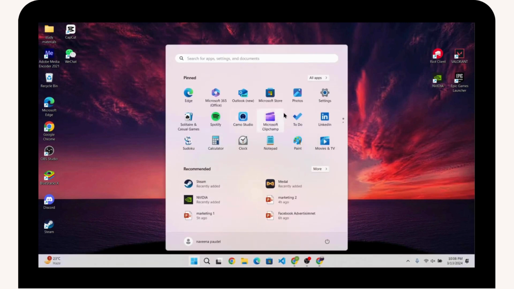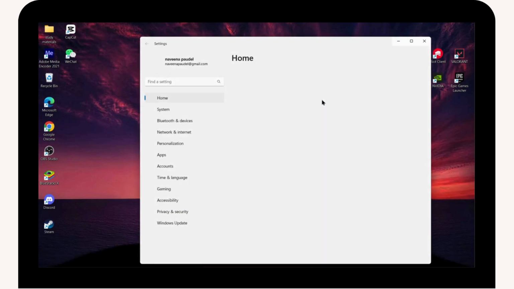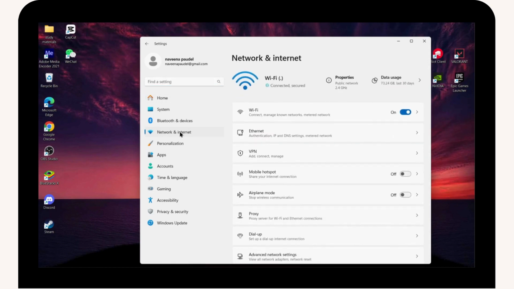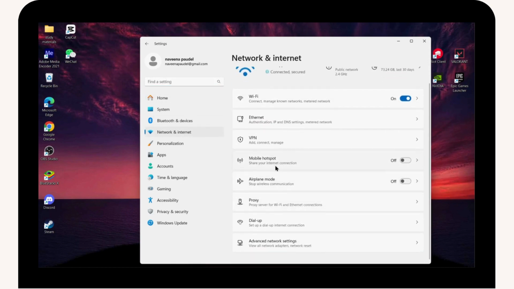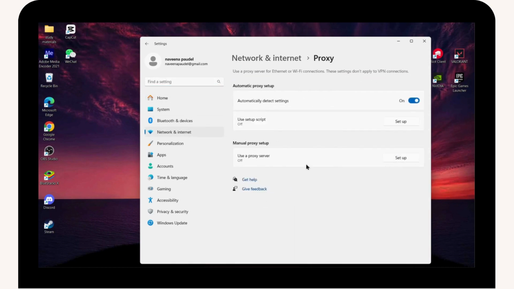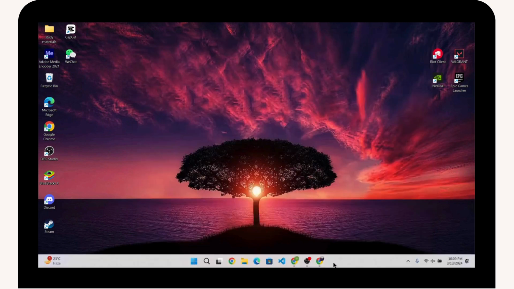now you need to again go for Windows and open up your settings application and then go for network and internet, and then you need to simply go for proxy, and here you need to simply disable this option, which is automatically detect settings. Turn off, and once you've turned that off, you need to remove that window, and then you need to simply go for your